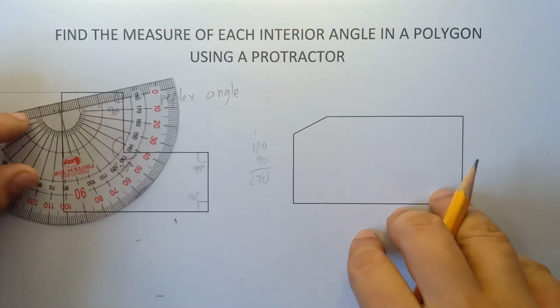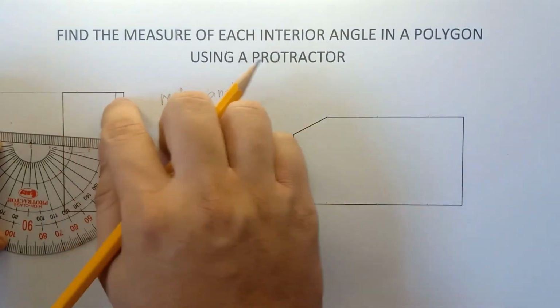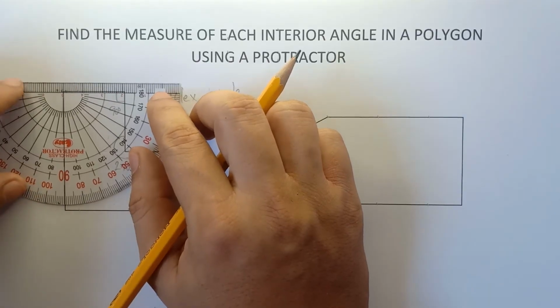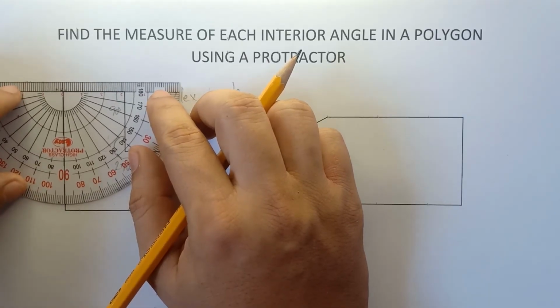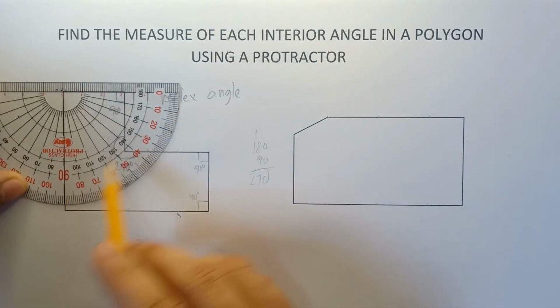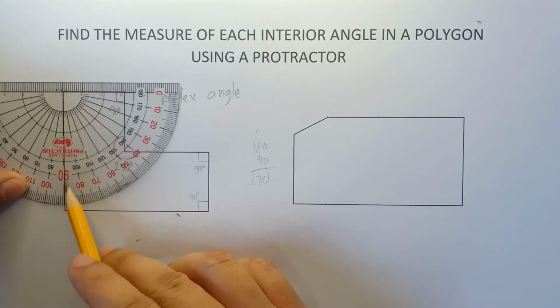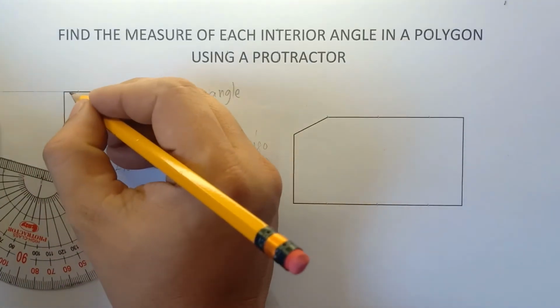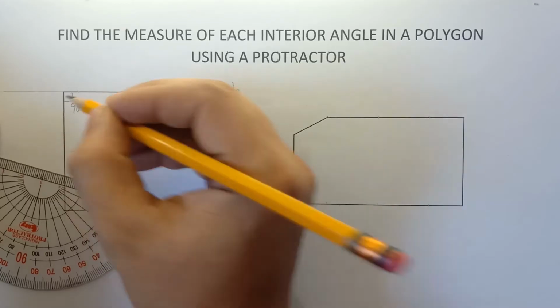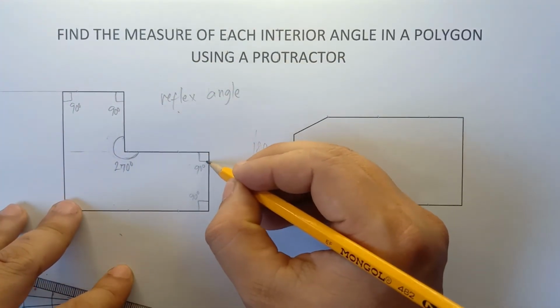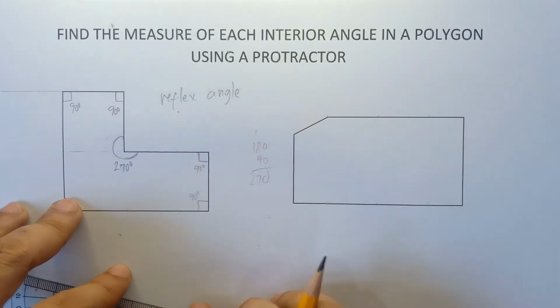And this one, class, we align 0 in this particular line, and this will be the center part of our protractor. Let's check, class, if this is 90 again. Yup, exactly 90 degrees again. As you can see, 10, 20, 30, 40, 50, 60, 70, 80, another 90 degrees angle. So this is a right angle. For a right angle, class, it looks like a box. We can label that one. It looks like a box, this one right here, this angle.